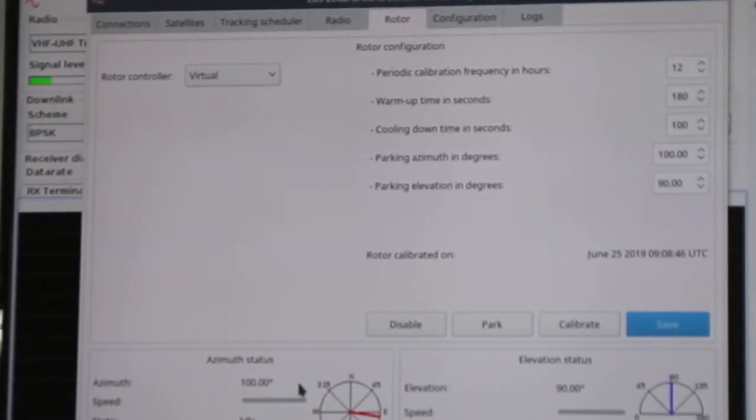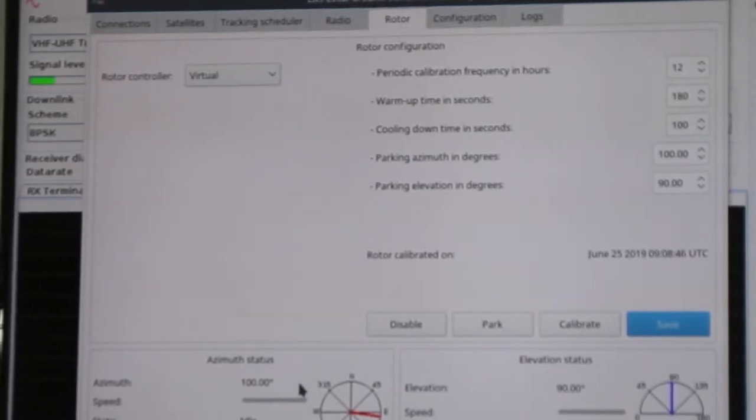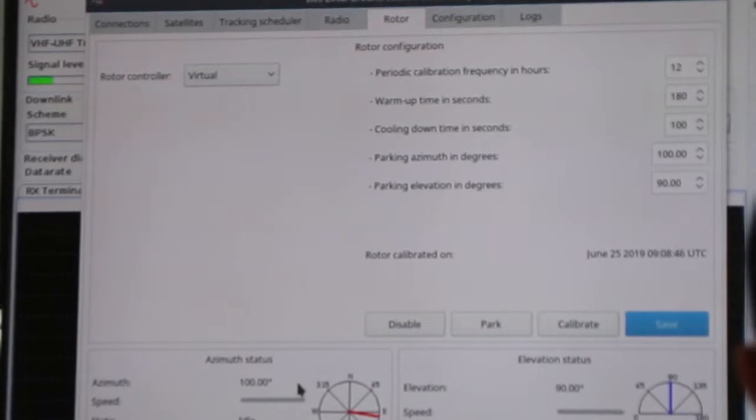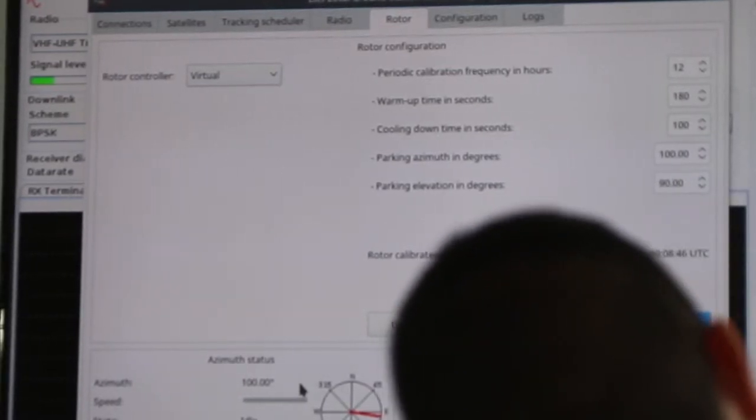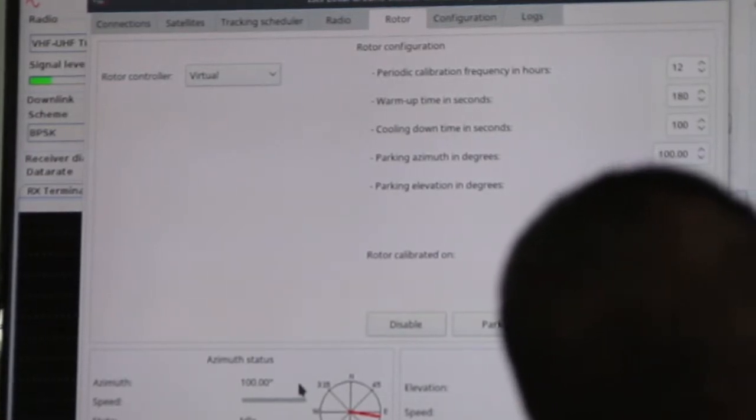What about warm up and cooling down? Exactly. It means that you have to warm up before you go into the mission. Warm up and cool down is not in terms of temperature. It is to compensate for any TLE, for any prediction incorrections. So imagine that it says that the satellite is going to come up at